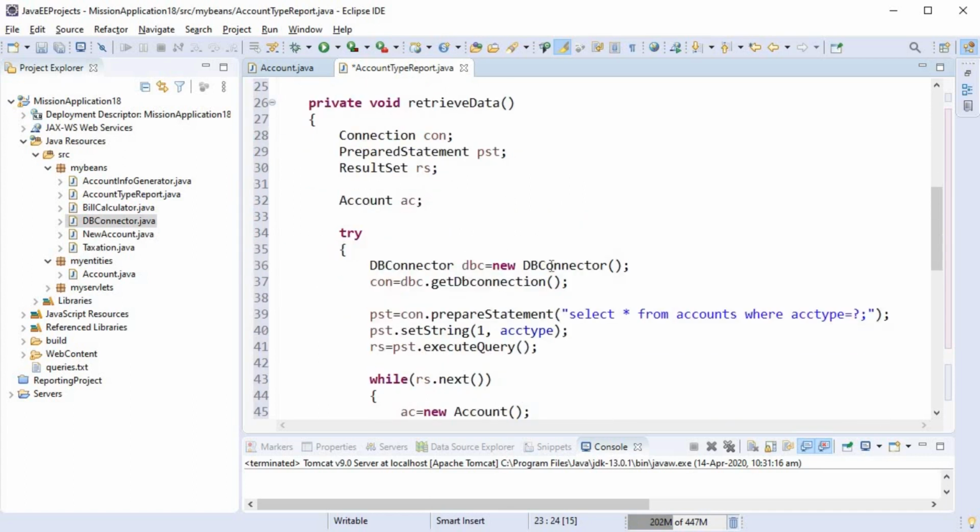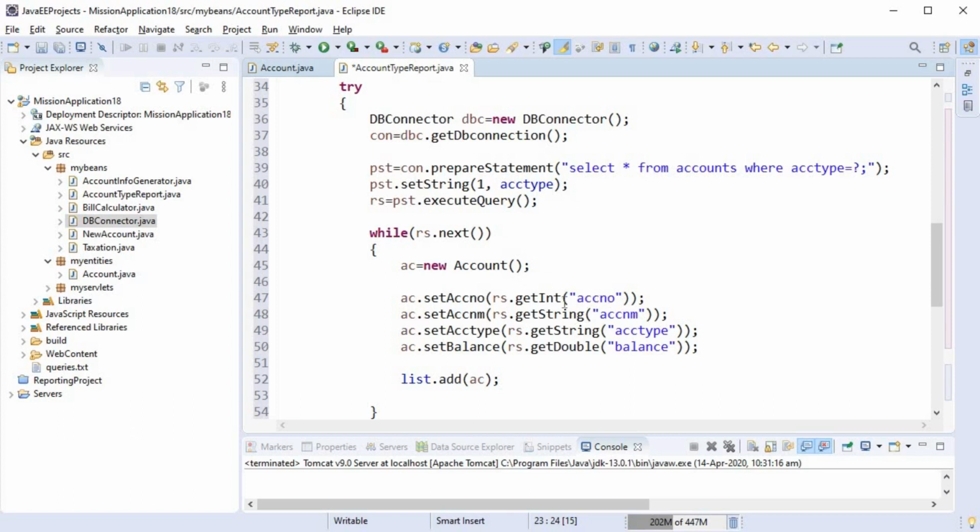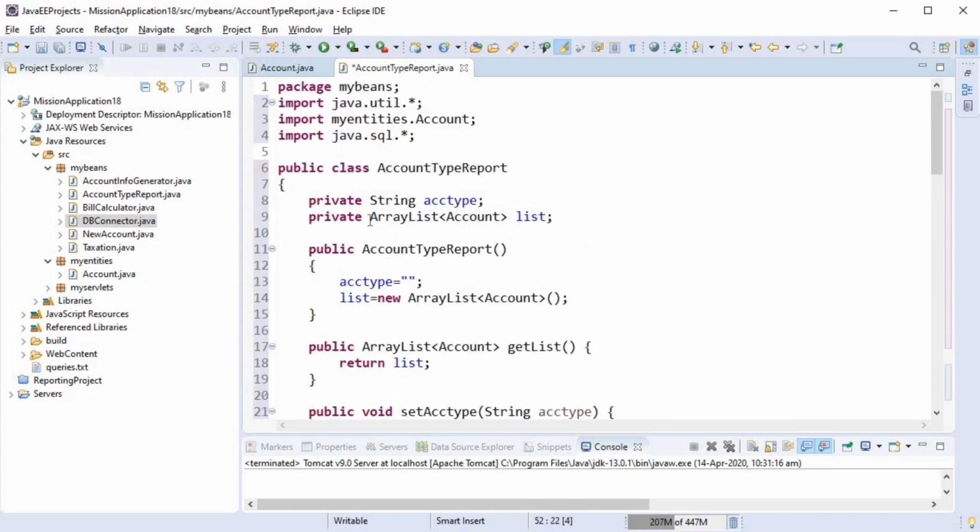Now all this processing is done by a function called retrieveData, which we are executing from the setter function of this bean class. And now the array list is created. It will have n number of objects of the account class. Each object represents a record in the account table.